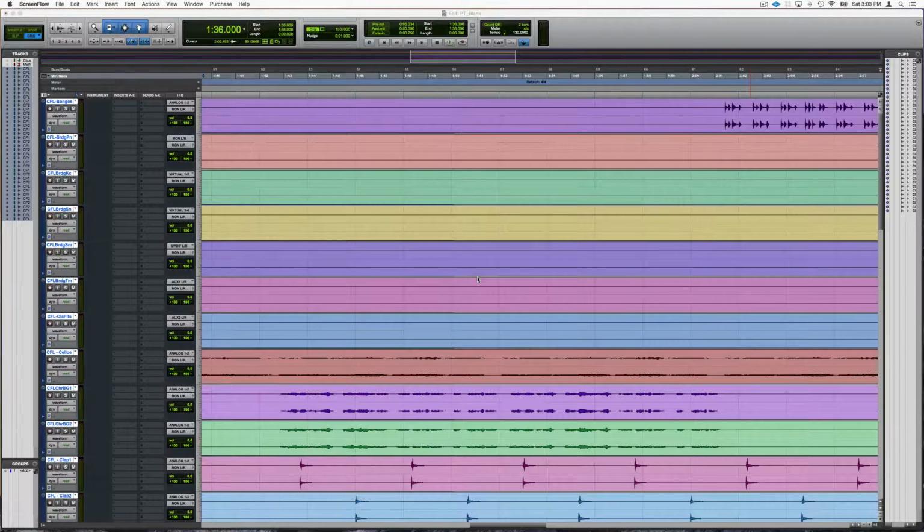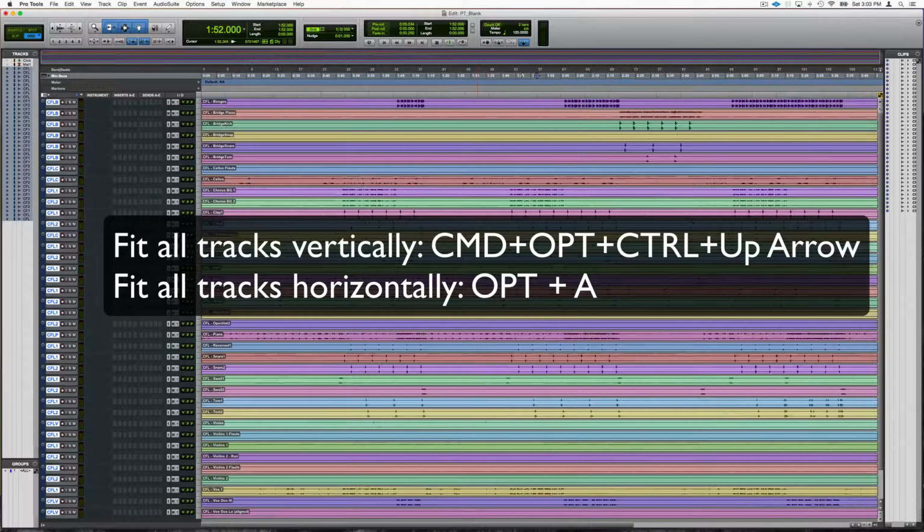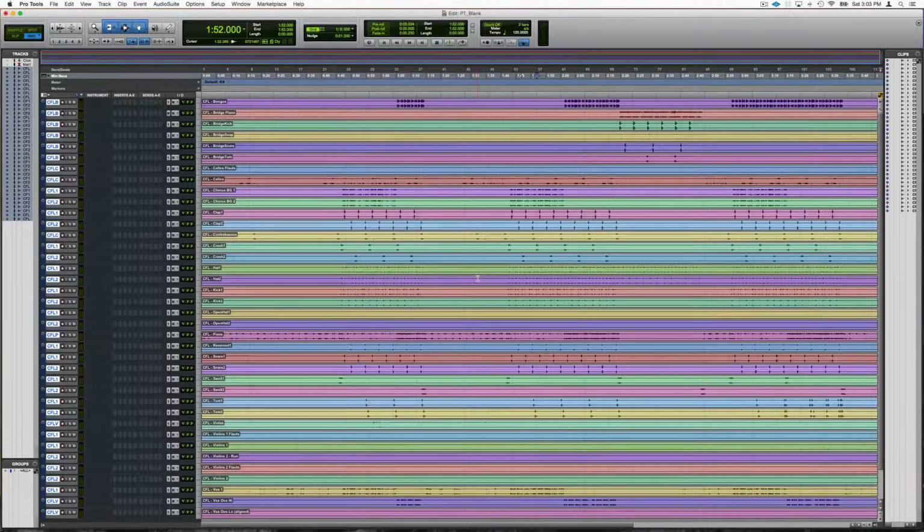I've imported a number of audio stems into the session. Pro Tools makes it very easy to get a quick zoomed out overview of the tracks. So just in 2 key commands, I've been able to zoom out and get a nice overview of all the tracks in the session. The other thing that you can do is you can set up multiple rulers at the